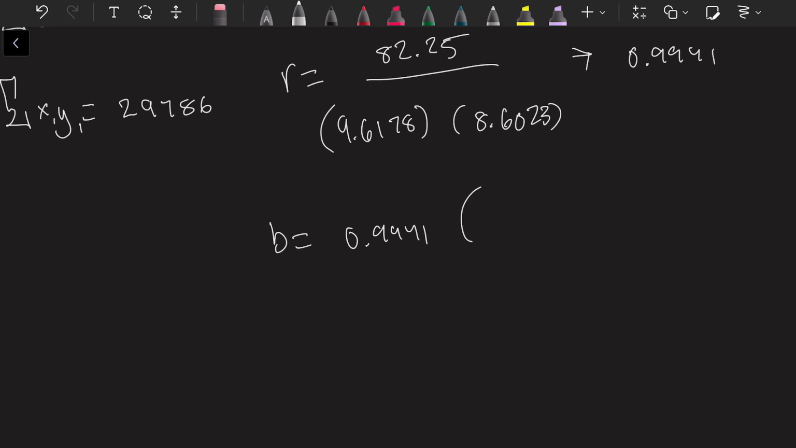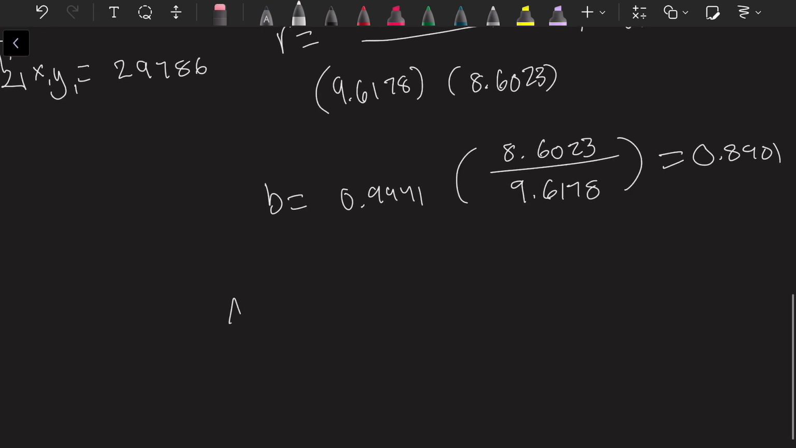So it'll be 0.9941 times 8.6023 over 9.6178, which will then give us 0.8901. After finding B, we find A, which is the mean for y, which is 76.8, minus B times x, which is